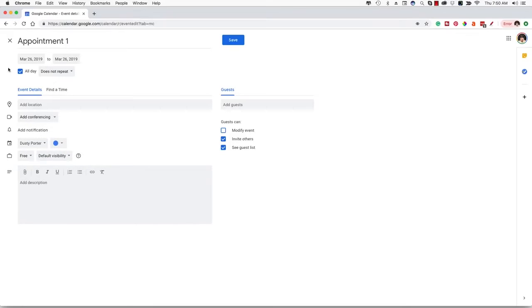Normally, by default, that is selected. By that, you're going to see something that says does not repeat. Now, this is where you get into the nitty gritty of things that are going to be repeating on your calendar. Let's say you want to put your workouts, or you're trying to work out Monday, Wednesday, and Friday. Basically, what you can do here is you can go to right here where it says does not repeat,